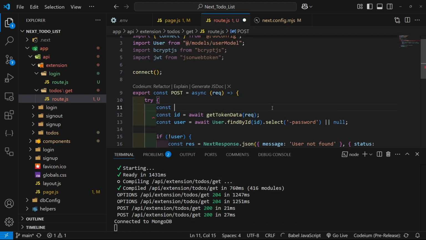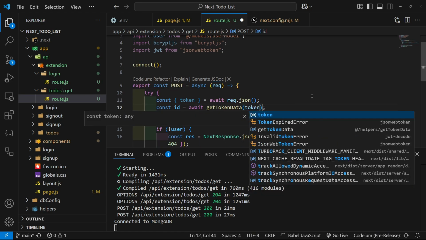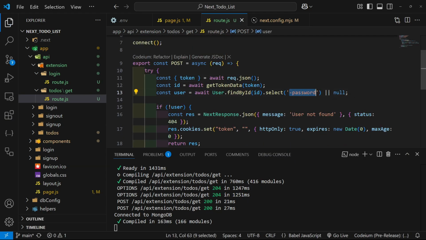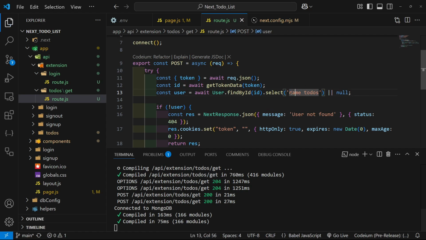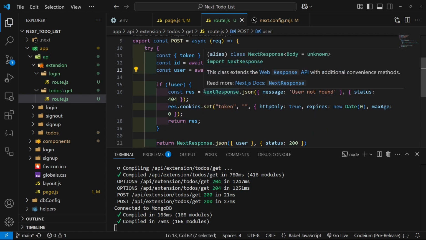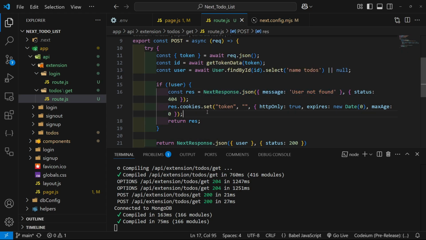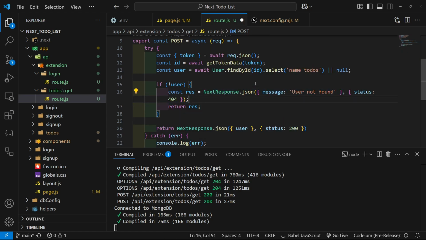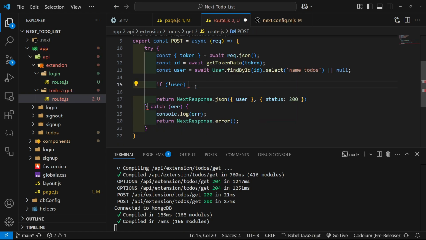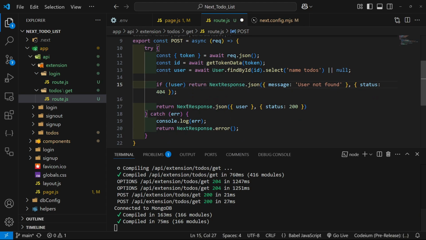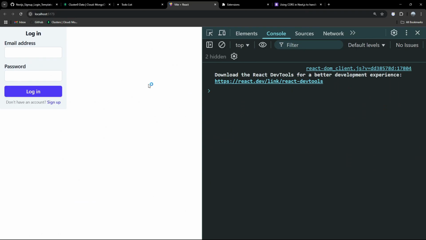paste that in here, remove this return, and of course we're going to be getting in our token, which will be await request.json. We're going to be passing the token instead of the request, and then we are only going to be getting the name and the to-dos. Actually, you don't really need the name because we're not going to be using it, but might as well also get the name. Then we're checking if we have a user, so response, and then we're also setting the cookies, which we don't need to do in this case, which means that we can return this. So if no user, return NextResponse, user not found. Also, we're just going to be returning our user. So now if we reload,